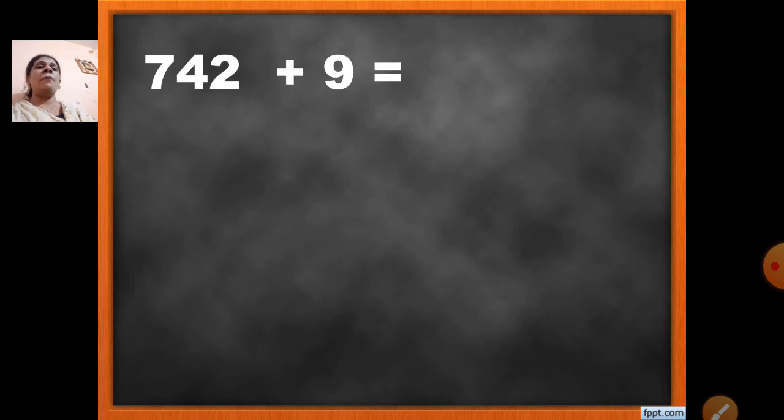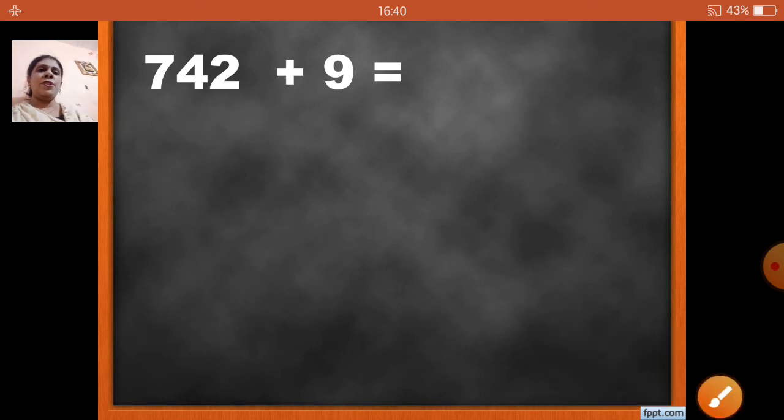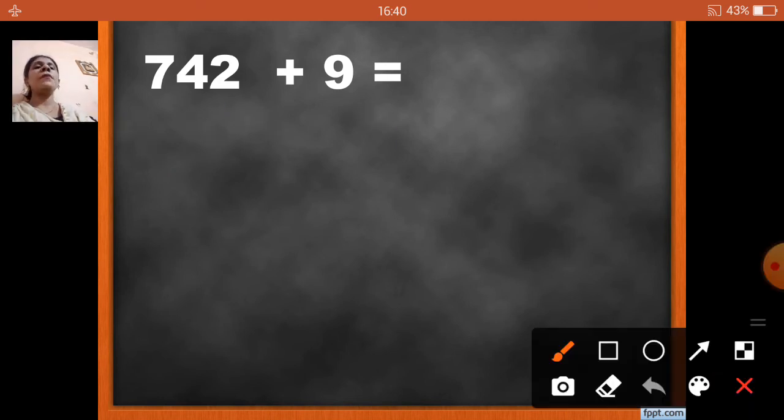So, you have to remember the number. You have to count like that: unit, tens, 100. Understood, children? Like this is unit and there is no number of tens and 100. So, shall we start now? Okay. So, units with units, 2 plus 9,